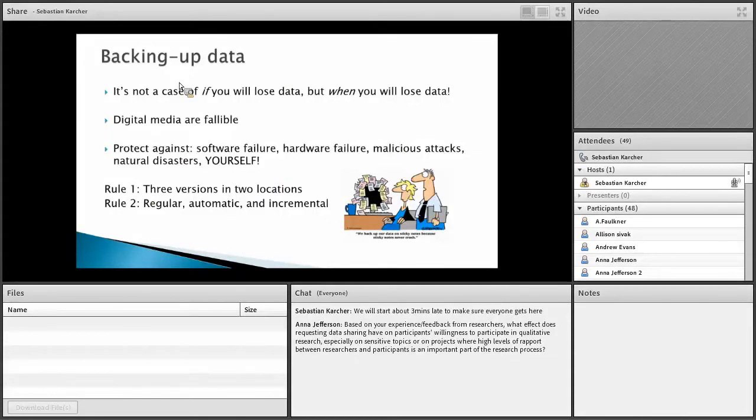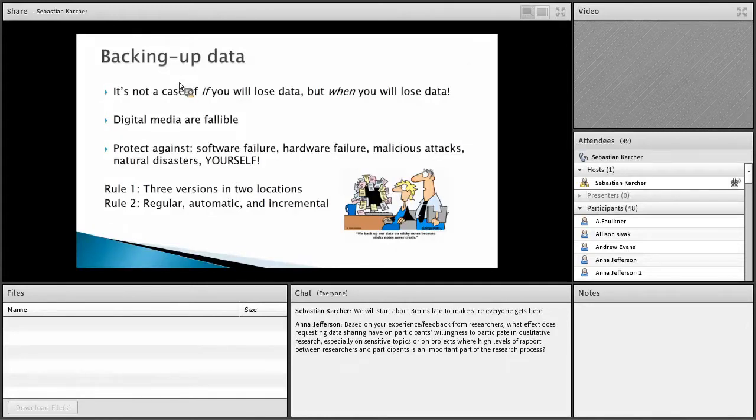People, before this happens to them the first time, tend to be overconfident, but it happens to pretty much everyone. I've certainly had a hard disk fail on me kind of 2 months before dissertation deadline. Digital media are quite fallible, and fallible in numerous ways. They can just break entirely, but you can also get individual files corrupted, especially if you store it for a